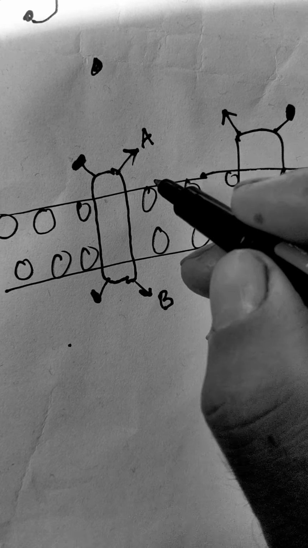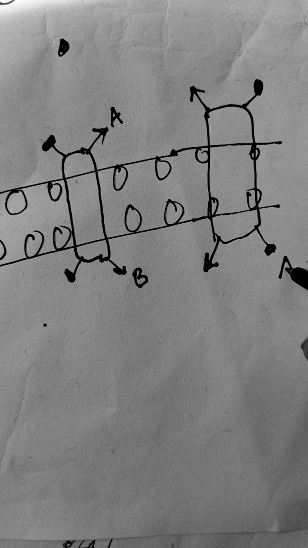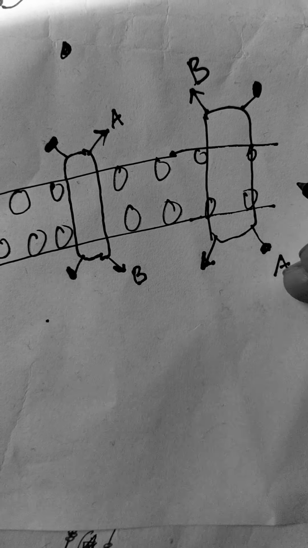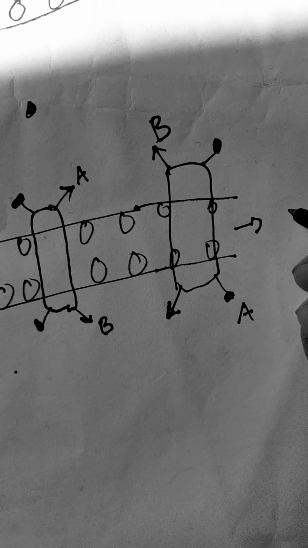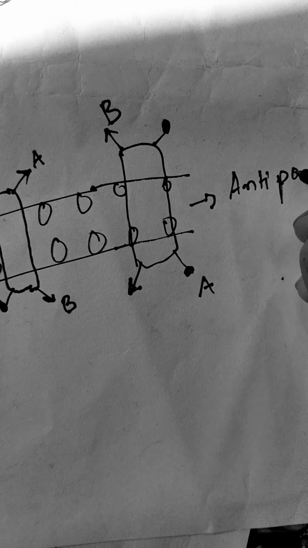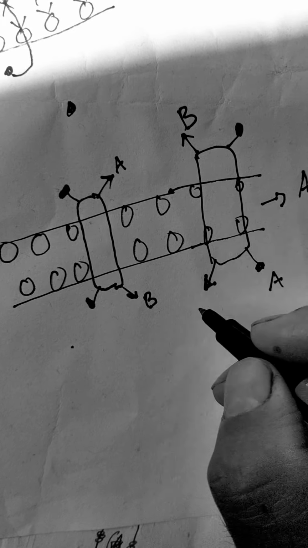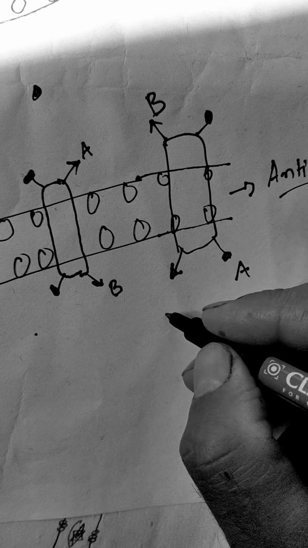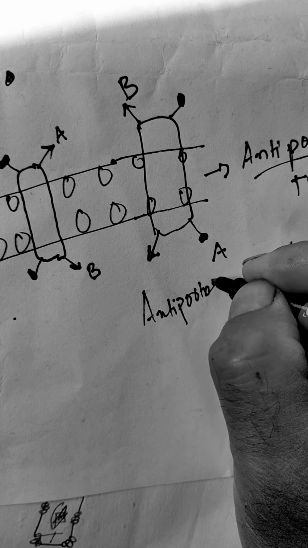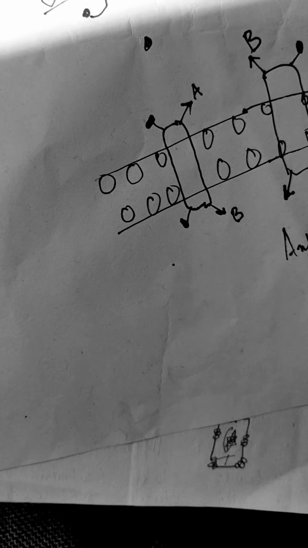this molecule, the molecule A, will take entry in the cell. This is the molecule A, and the molecule B is released from the cell. That kind of transportation is known as antiport transportation. And these proteins are known as antiporters. Okay, so the example of the antiporter is